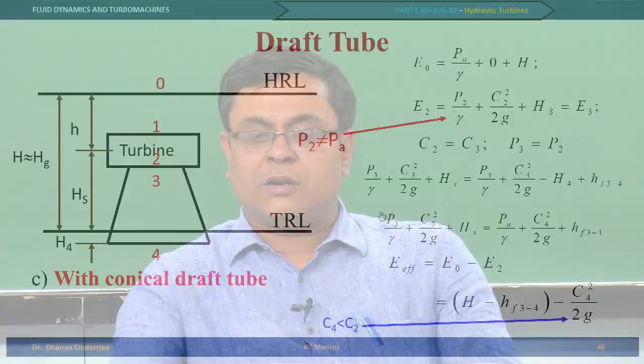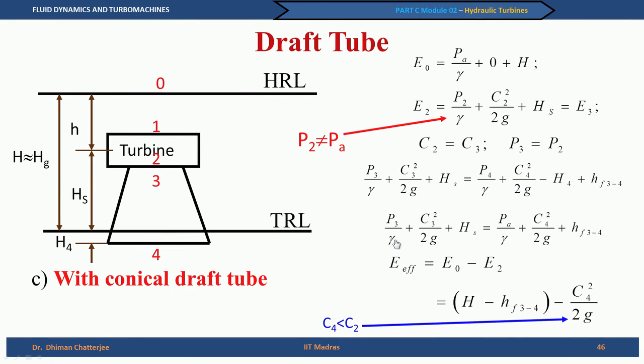In this expression, P3 is equal to Pa by rho g plus C4 square by 2g plus Hf34 minus C3 square by 2g minus Hs, and as a result P3 by rho g or P2 by rho g is less than atmospheric pressure, because this is the atmospheric pressure head and we have a term Hs which is bigger than Hf34. So, if we take it to the other side, we can say that